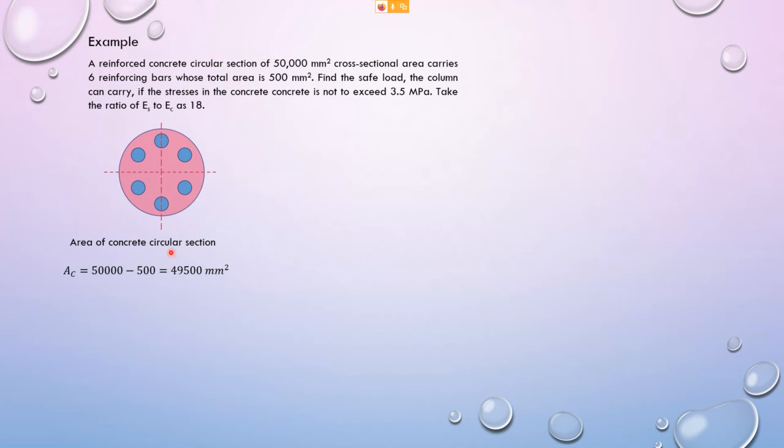Okay, so the total of all these, you add up all the blue circles, they give you 500. So to find this area here that is in pink, you need to take the 50,000 minus 500. So you've got the area of concrete, that is 49,500 mm squared, where the area of the 6 reinforcing steel bars is 500. Okay, so now,